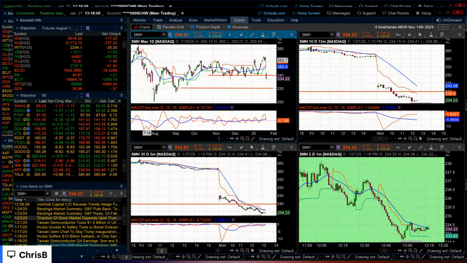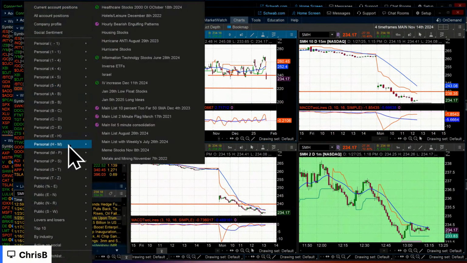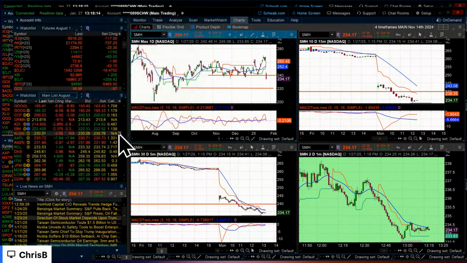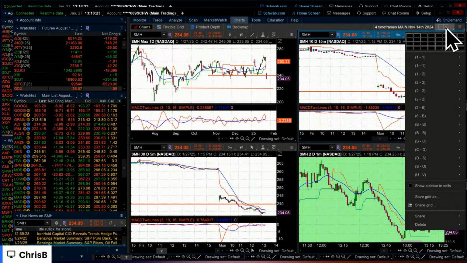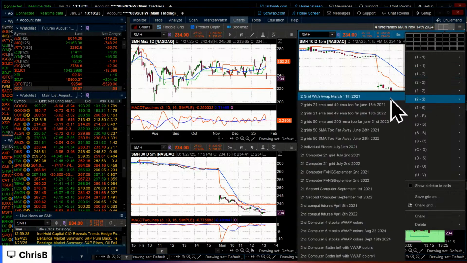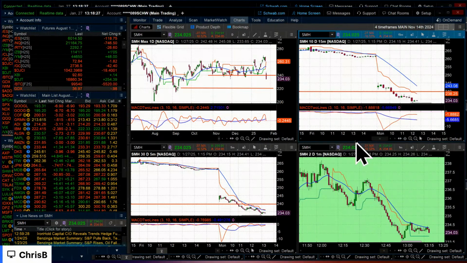So how else do I scan for them? Well, the first thing to do is you can just go to a main list. Let's say you want to take the Dow, the transports, anything you want. And usually what I'll do is I'll take a daily chart and an hourly. So this is a different grid. This is just a 3 grid.